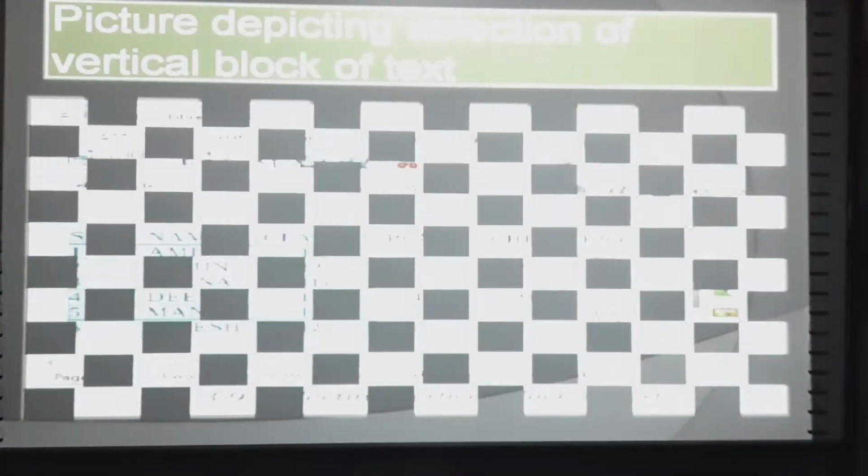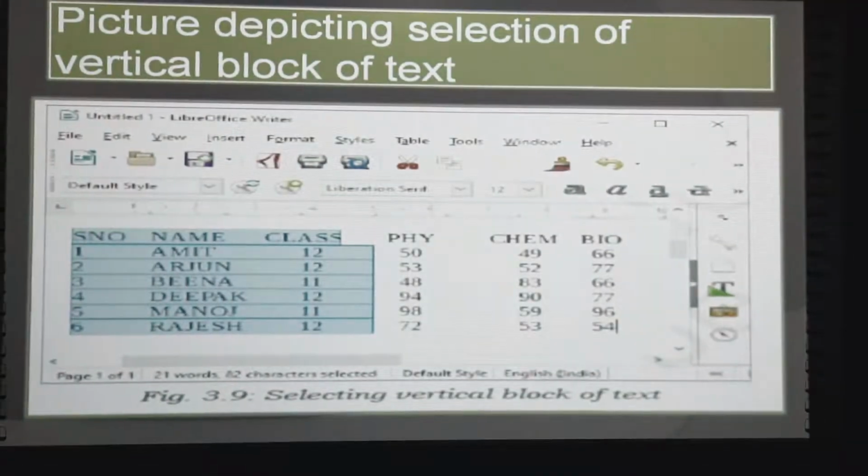Let us see. See here, a picture depicting selection of a vertical block of text. This is the vertical block of text here. How can it be done? Suppose I have created a table.